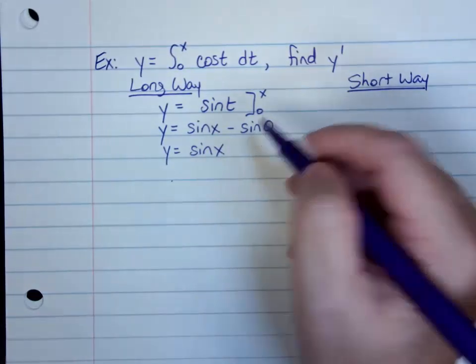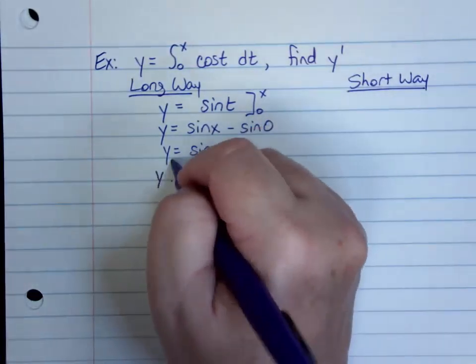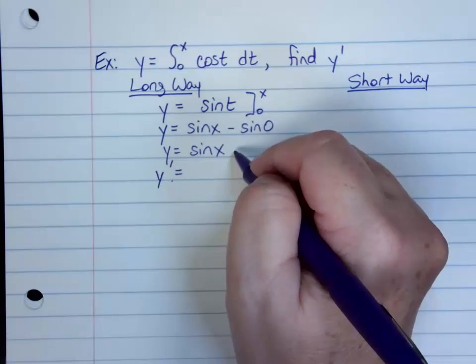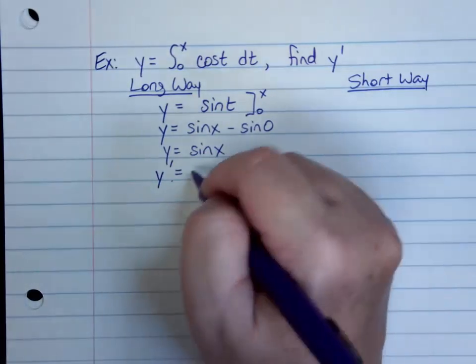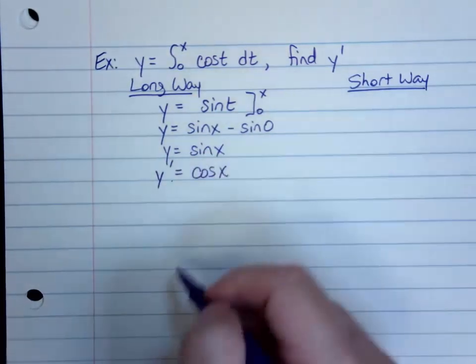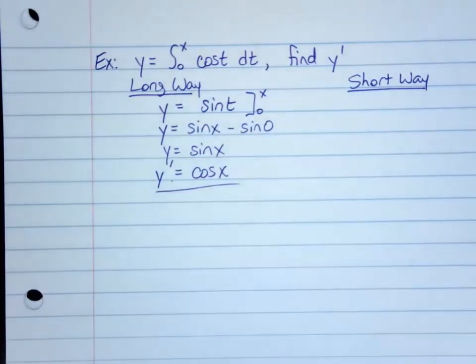Now, if I want to know what y prime is, that's easy to do. What's the derivative of sine? Cosine of x. Now I'm done. So that didn't take too long, but I had to take an antiderivative, then I had to turn around and take a derivative. So the short way,